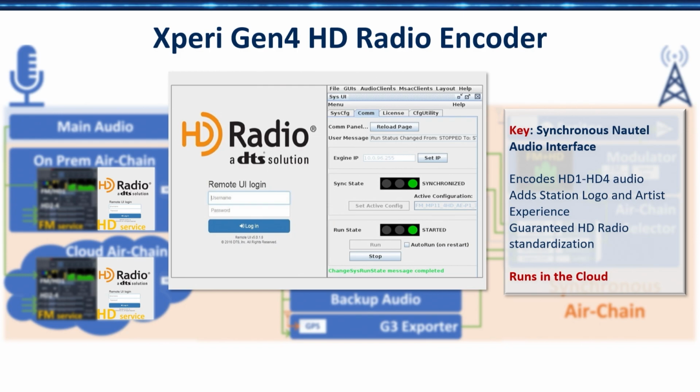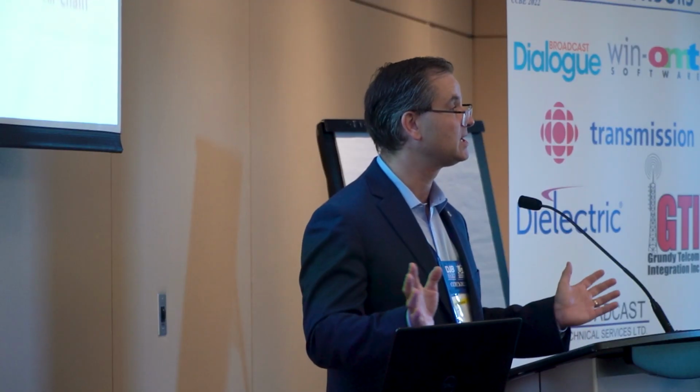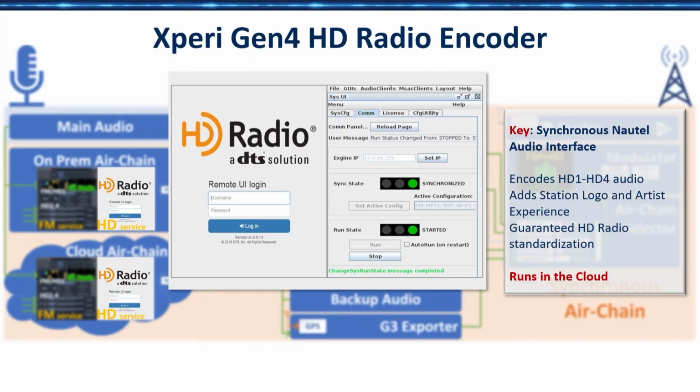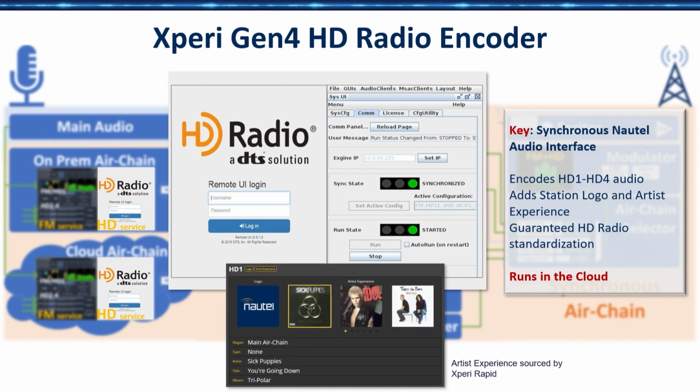So I don't have to speak too much about the Xperi software. Certainly, Xperi could talk about that, but it is the standard release that they give us. And the only thing that we've added is the synchronous audio interface that drives the synchronization. But again, I want to highlight, now we've removed all hardware dependency. It's a true software build, and we can run it in the cloud. As it's standard Xperi software, we're able to very easily combine it with Rapid. At the NAB show, Xperi set us up with a demo feed. A few IP address changes later, we had it on our transmitter. That was pretty easy to set up.